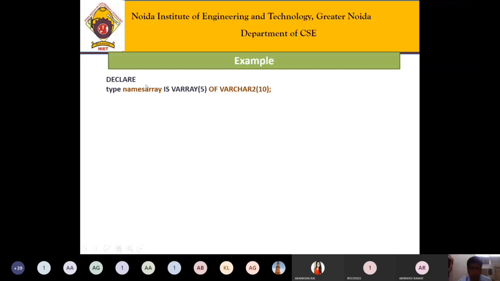So basically we want to declare the names of employee or customer or student. So we have to define an array type. This is a names array, and it is a VARRAY. That means this is a variable array, VARRAY of 5 elements, and every element has a data type of VARCHAR2(10). What is the meaning? Whatever string this array will contain, the max size we have allocated is